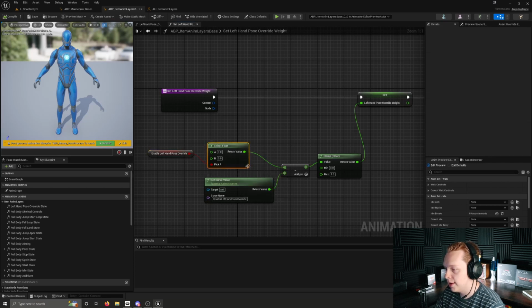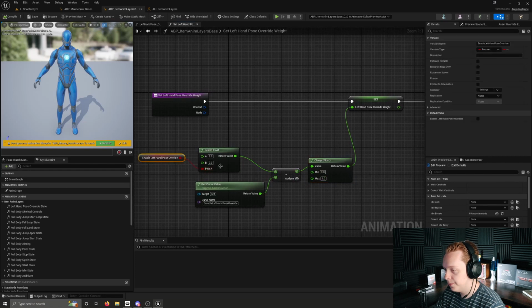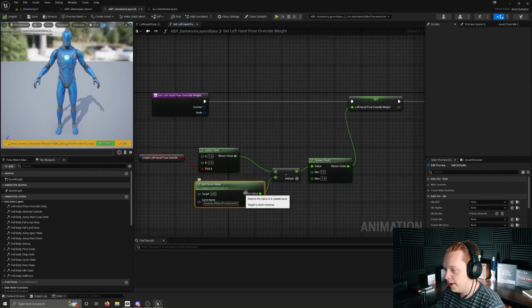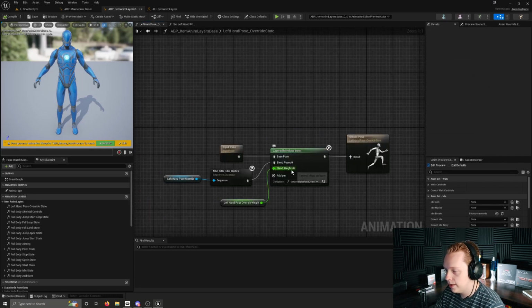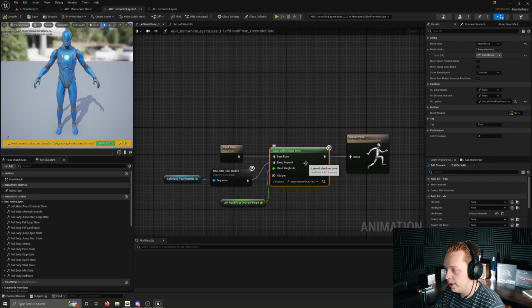And so we're selecting a float, either 0 or 1, based on the state of this boolean, and then we're subtracting a disable left-hand pose override curve. So if there is an animation that's disabling a left-hand pose override, we're subtracting that, setting this back to 0. We're clamping this between 0 and 1, so that if this is turned off, and we have an animation with the curve, we don't put out a -1. So then we set the left-hand pose override weight, which is being plugged into the blend weight for this layered